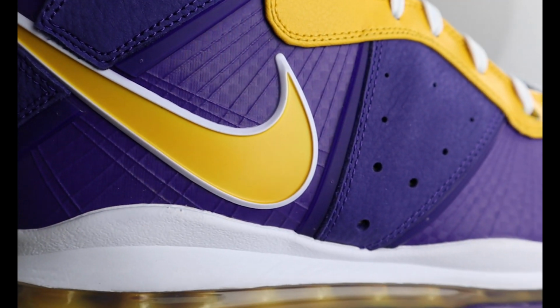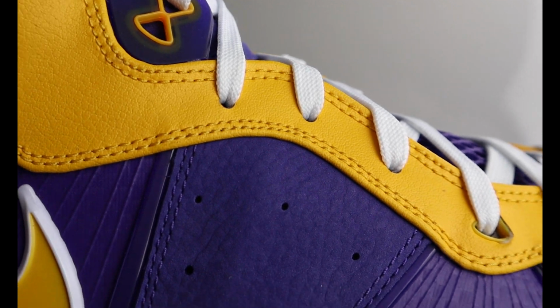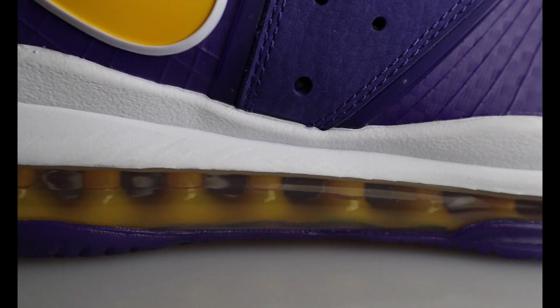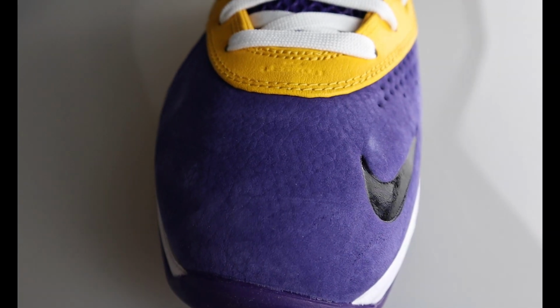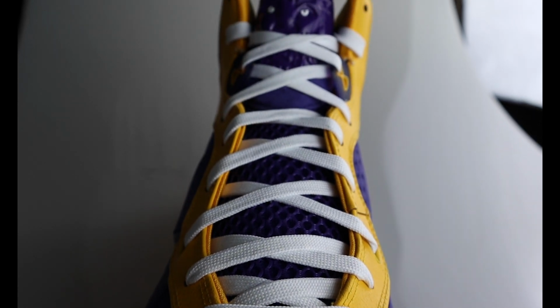So, obviously, you see that purple suede on these joints. And it has kind of a texture to it, you know, it's kind of tumbled. And then you have that huge yellow swoosh with the white outline. You have slightly tumbled leather going along the lace holes. White midsole. Of course, you have that yellow visible air unit. And then you have that purple outsole. Going up to the toe, you have that black swoosh. And then you see that LeBron kind of embedded in the leather. Going up the tongue, white laces, purple mesh tongue. And then you have, it's kind of like a plastic